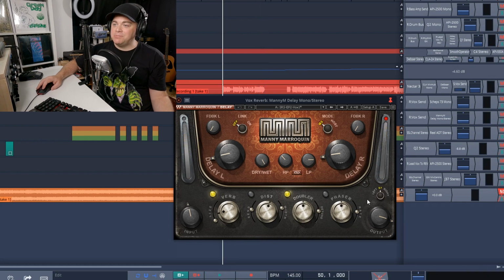It's a very nice delay plugin, and if we wanted, we could add some distortion to that delay, the phaser, and really mess around with this thing. It's just really a great plugin.